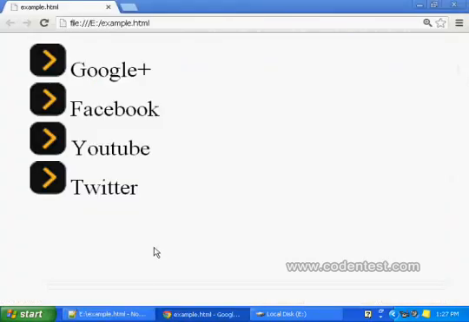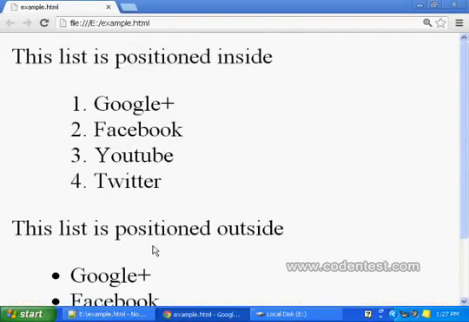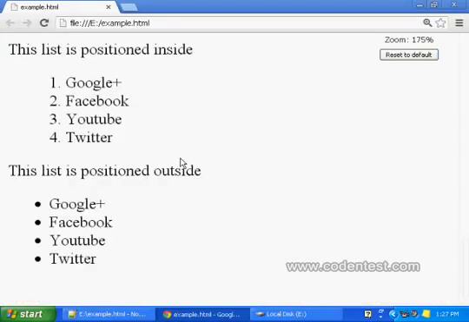I'll refresh it. See here, imagine there is a line here. This is inside, and this list is outside.